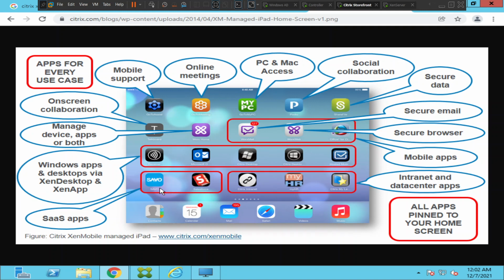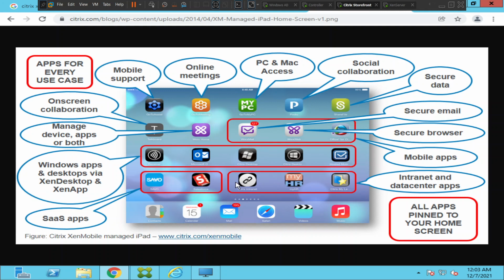They can also install Windows applications, software as a service applications, and also the custom applications which they have in their business. Okay, every organization, let's say a finance organization, has its own custom applications. If it is an insurance organization, they have their own custom insurance applications. So they can install all these applications on their end user devices and they can use it.